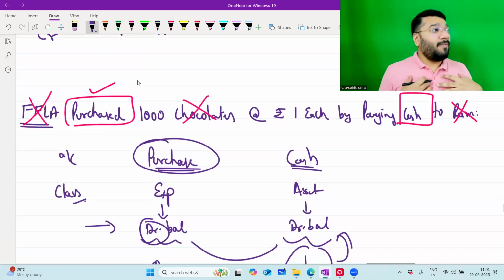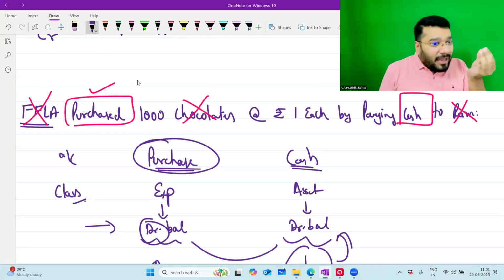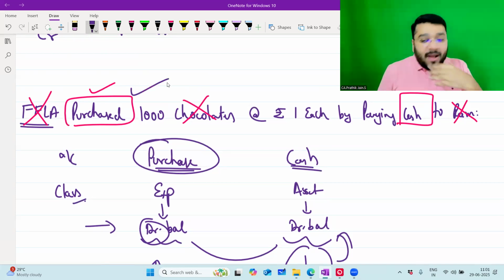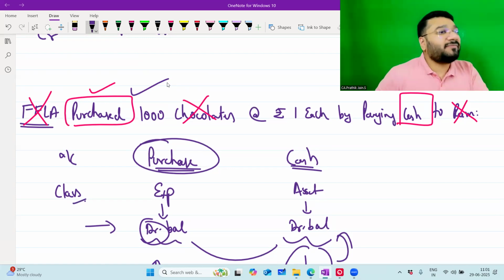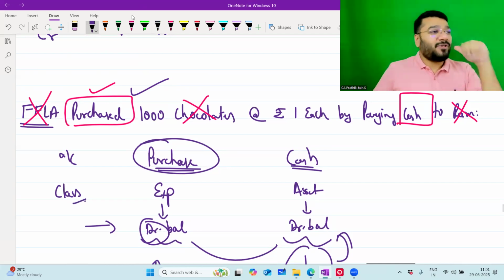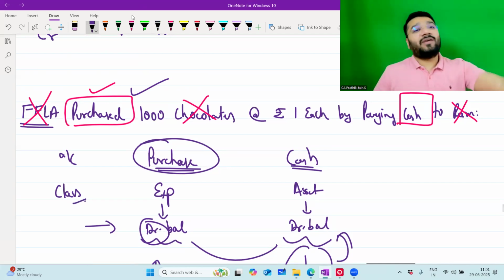FFLA is into the business of buying and selling chocolates. Correct? I purchased this chocolate with the intention to sell. Unfortunately, I have my birthday coming on 23rd July. Mark the date. Really, I'm telling you, not for example's sake. Note it now. Birthday. Don't forget to wish me. Now you will ask me for chocolates. Say, your birthday, give me chocolates.